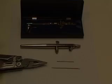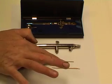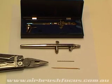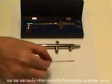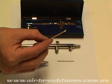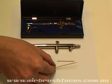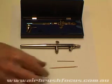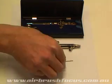You're going to need a pair of pliers. You're going to need a drill bit that's 1.5 millimeters to 1.65 millimeters thick. You're going to need a toothpick so that you can hold the Teflon needle bearing at the end of it. And that's it. Now, what I thought I would start off by doing is explaining what the Teflon needle bearing